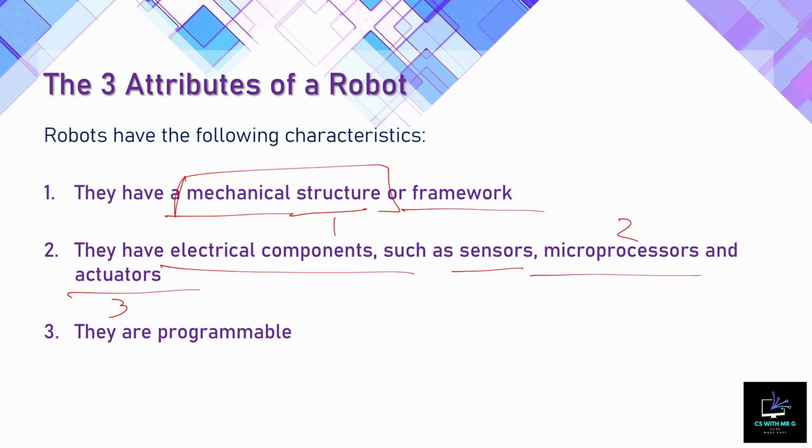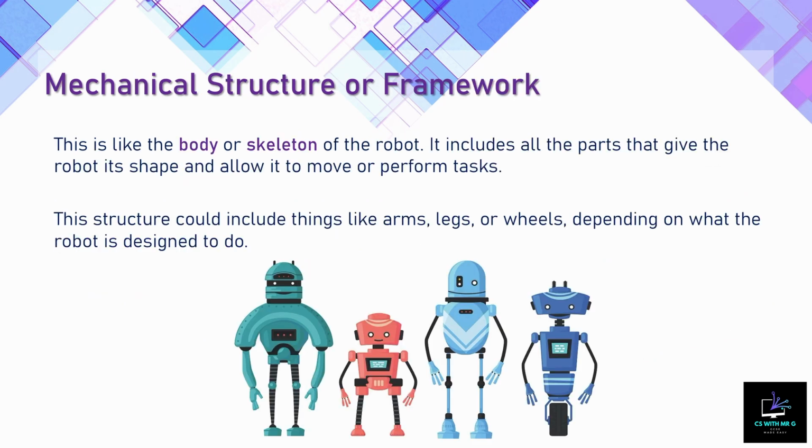And then lastly, they are programmable. So robots are programmed to do a job, to follow instructions, and to serve some kind of purpose, whichever role they are made for. So these three attributes, they are the definition of a robot, and again, this question does appear in the exam. So like I've mentioned, they all come in different shapes and sizes,